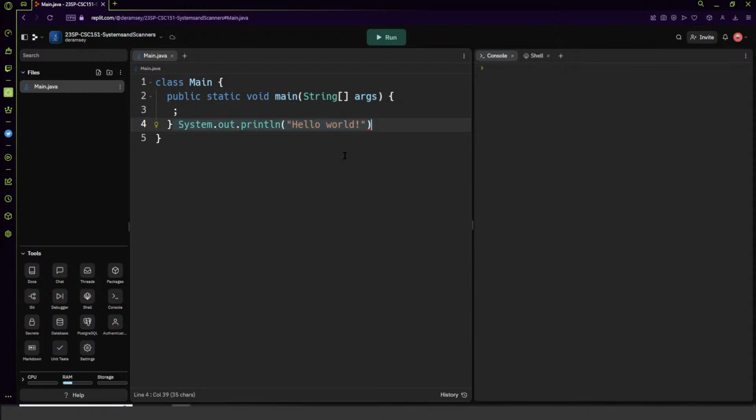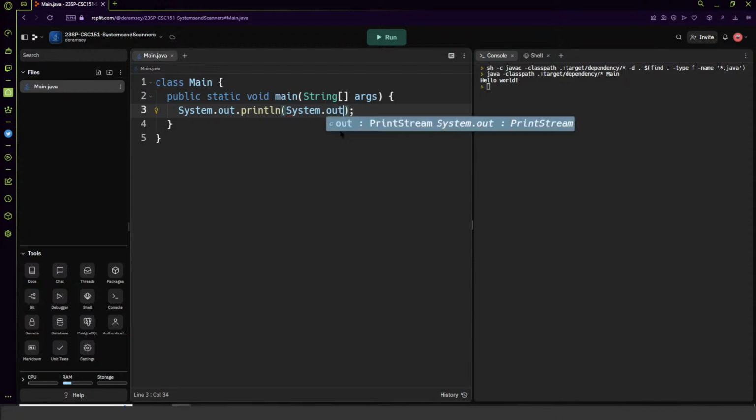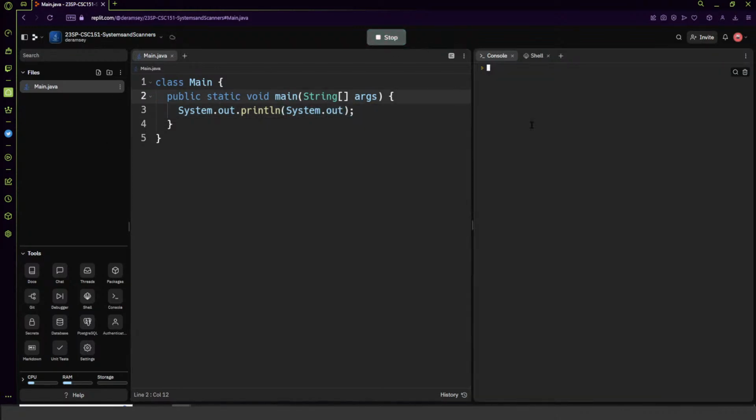And when we hit run here, it prints Hello World out to our console. But what if we printed out the result of System.out? Right? We said this is a method, and a method is like a function. It's a sequence of instructions that do a particular thing, right? So if we take System.out and put it right there, and we run this now,